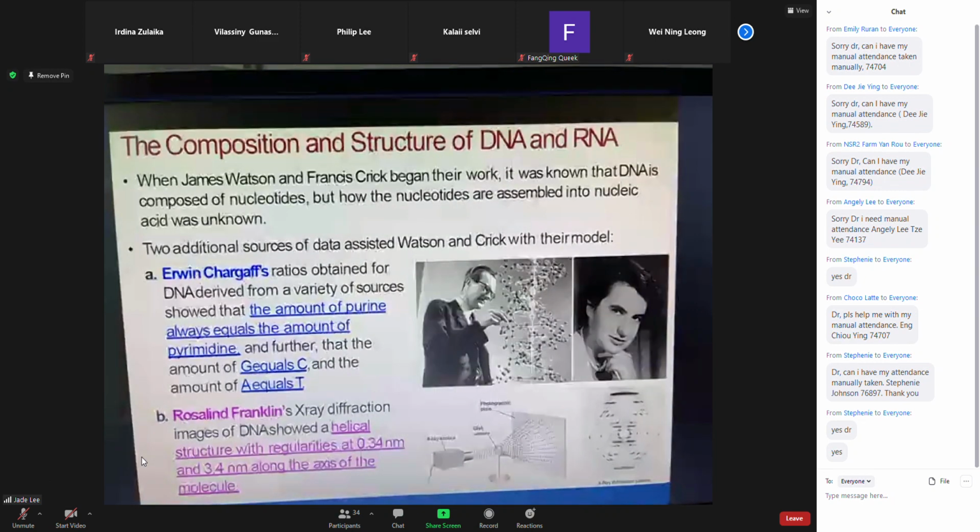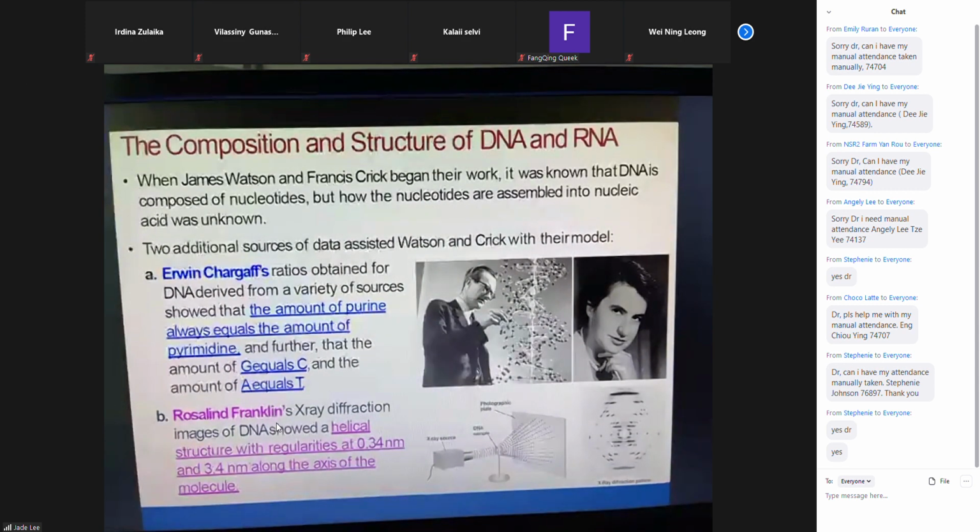I'll try to give you the wrong fact, and I want to see whether you really understand or not, because some people may have fallen asleep already. So A always equals T and G always equals C. Okay, so the amounts must be very similar all the time. Right. So this is the first clue that Erwin Chargaff provided as proof to Watson and Crick for the double helix model.